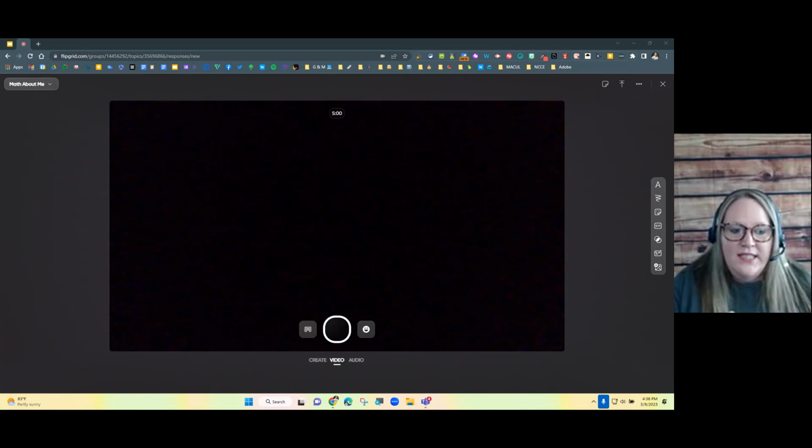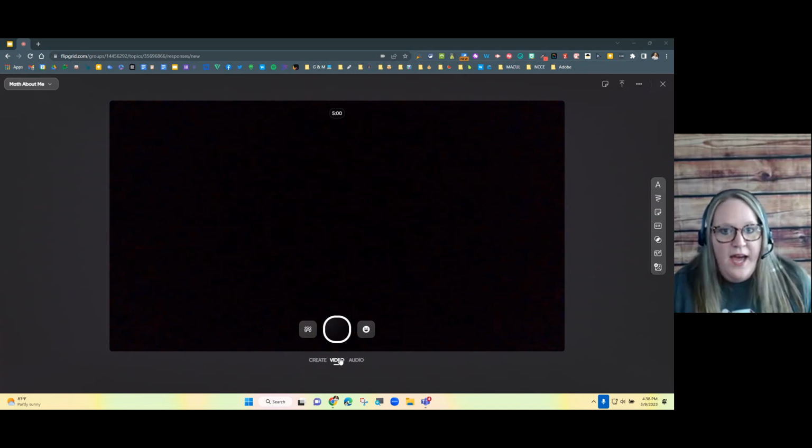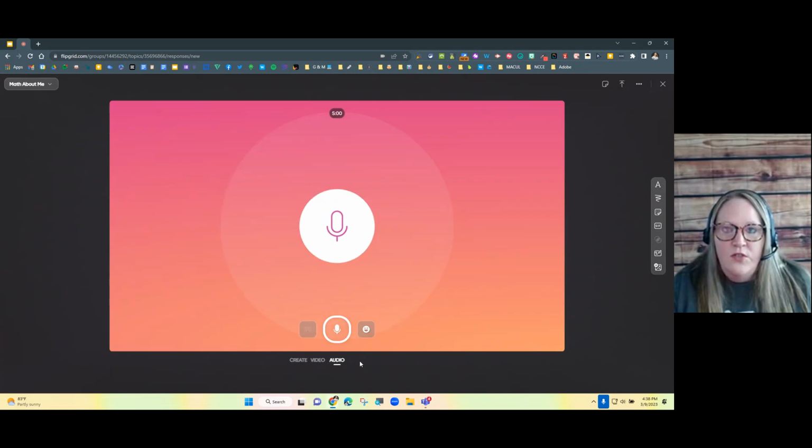Your access to your camera and your mic are going to be turned off. So it's just using graphics and camera effects to build something, okay? Video is the OG. That's what's been around forever. When you do video, it records your face. It records different pieces that you add, etc. And then audio, that's the piece that allows students to just record their voice.